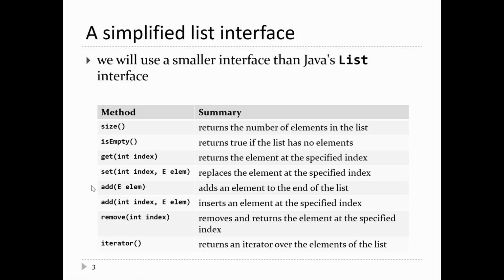Getting and setting an element by its index. Adding to the end of the list, adding to the middle, and removing from perhaps the middle of the list. Now, the first 5 methods